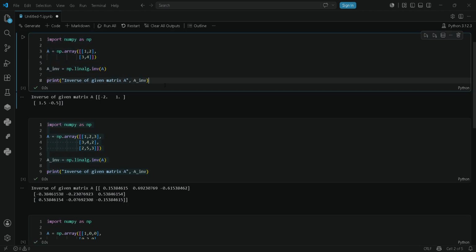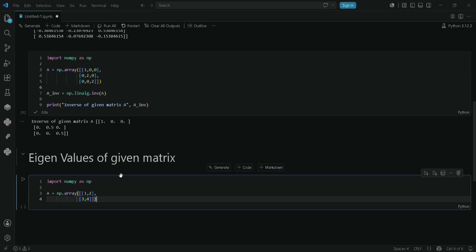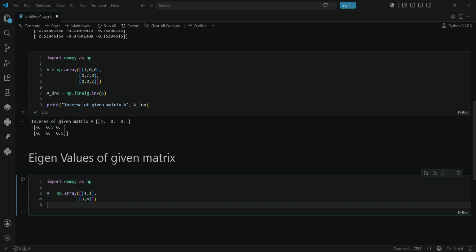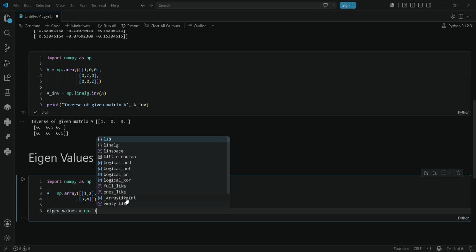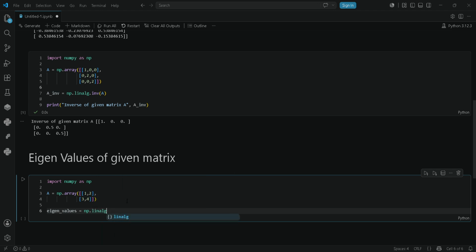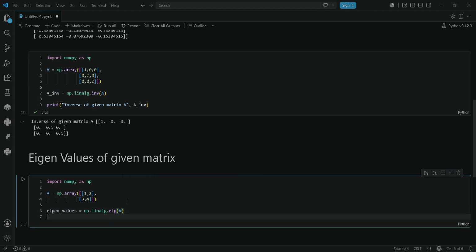For that let's take this matrix as it is, and the eigenvalues are equal to np.linalg.eig of matrix A, then print